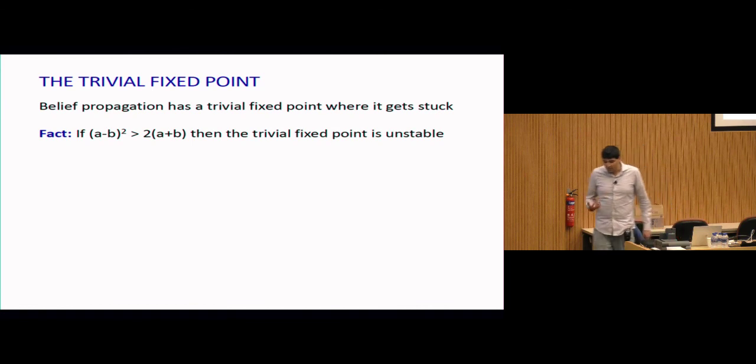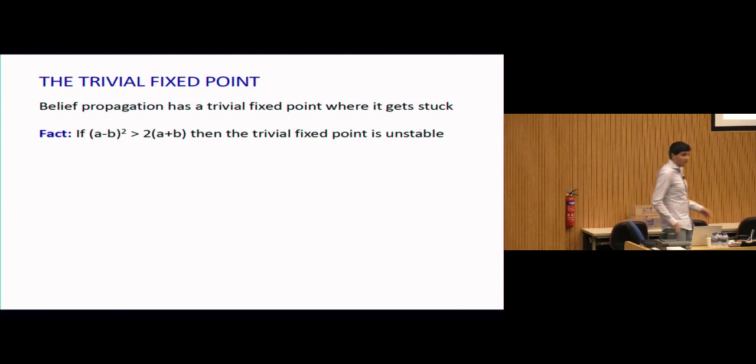So in fact, this conjecture of Decelle et al., where it came from, was really a study of the fixed points of belief propagation. So what they studied was when is this trivial fixed point stable? So if you perturb away from it, when are you likely to be brought back into that one fixed point versus repelled along some other direction? It turns out that you can use some local approximation in Taylor series and figure out that this fixed point is unstable if and only if (a minus b) squared is larger than 2(a plus b).